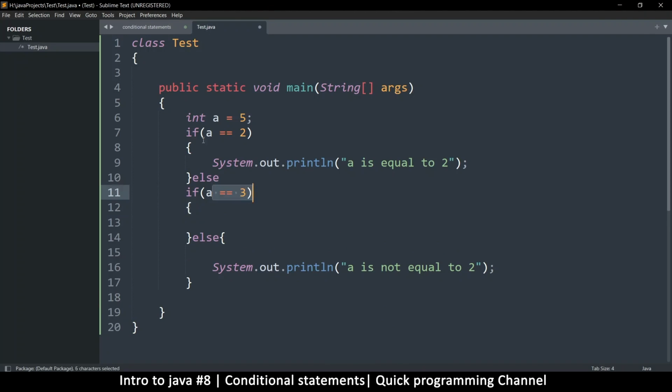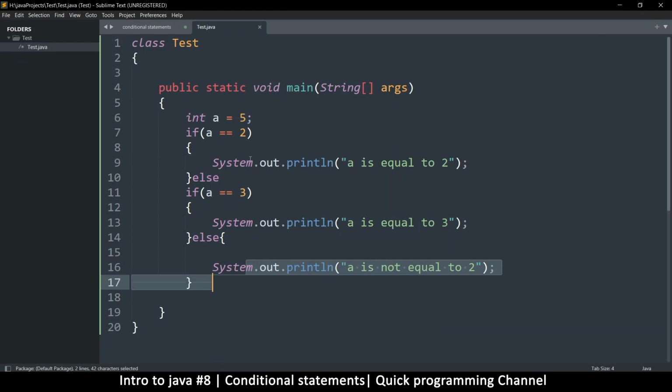So it will say if a is equal to 2, else if a is equal to 3, then we'll do something else, right? So I'm going to put this over here and say a is equal to 3. Okay, so it's not equal to 2. Now, if it's none of the 2 or 3, then it's going to go here. So if I put 3 there,